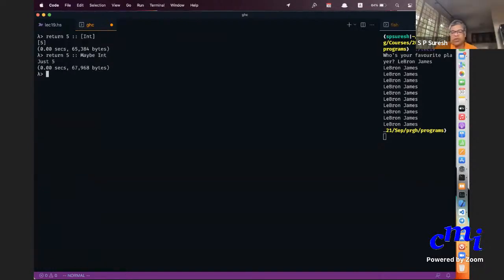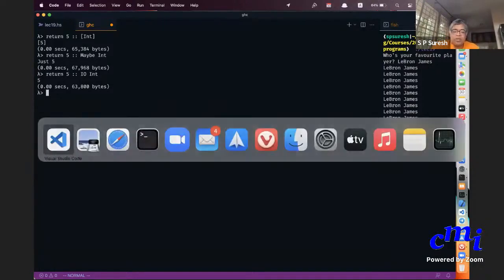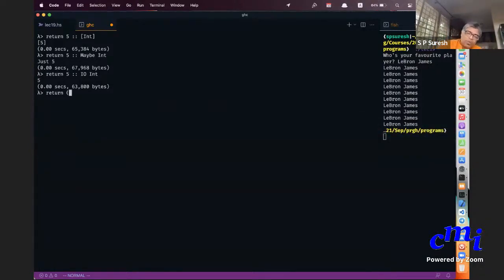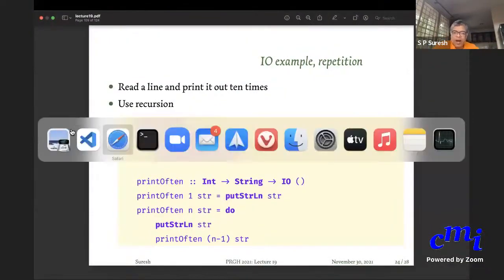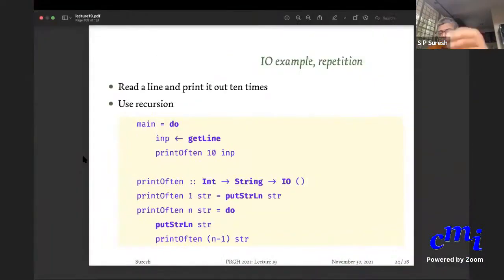It will just print 5. I could similarly say return 5 of type IO integer, but it won't be able to print it. Oh, it is able to print it. Okay, it has extracted the value. But there is a similar case here. So I should do return unit of type IO unit. When it prints it out, it won't even print anything because there is nothing to print. Okay, so ideally, I need to put some dummy thing there. And the only dummy thing we know till now is unit, but I have to make the types match.